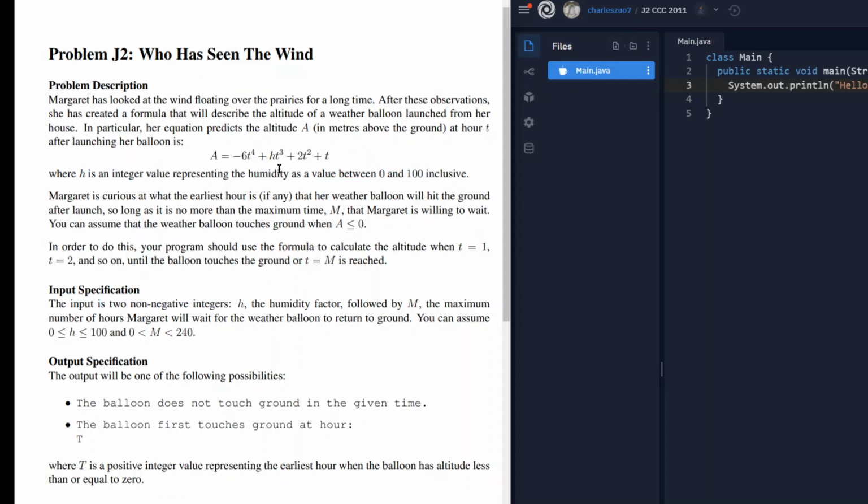So we have H and M. Right, this is kind of hard. Let me read this one more time. Okay, it predicts the altitude. Oh, I kind of have an idea about this. Okay, so when the altitude is equal to 0,